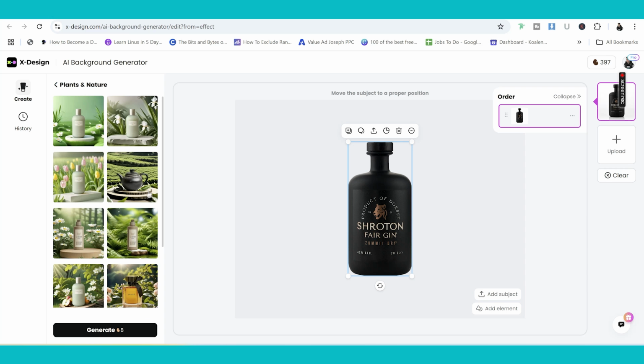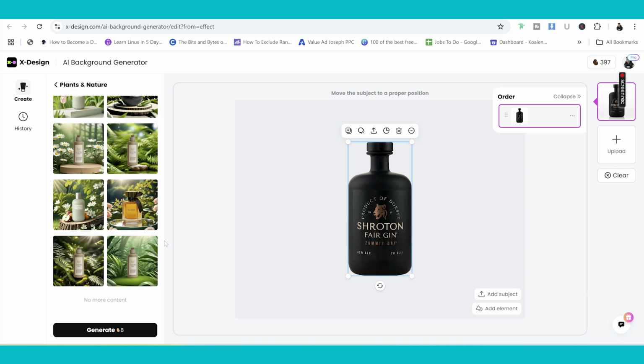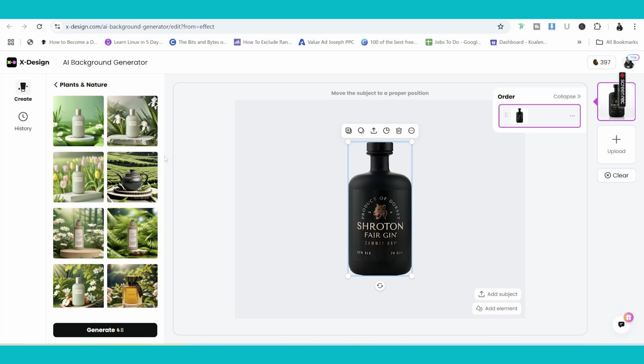And then you've got a whole selection to choose from. And these here are some beautiful backgrounds. You could quite easily see one of these backgrounds being in some kind of magazine. Now I'm just going to go up because this is not the kind of background I want for this gin